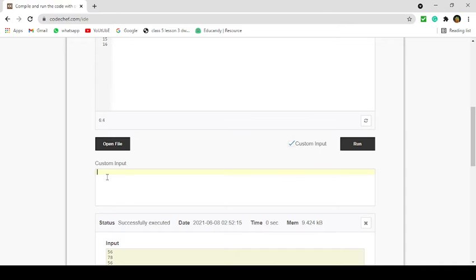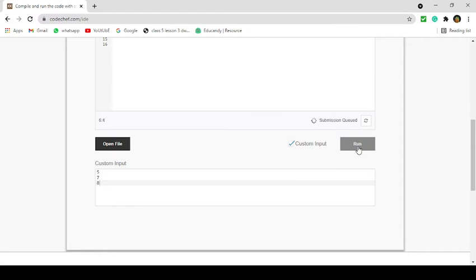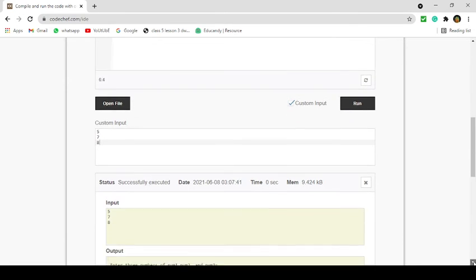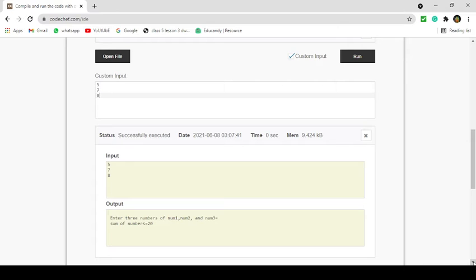For example, I am going to take 5, 7, 8. Now I am going to click on the run option for checking the output. After running, you will get the result: 5 plus 7 is 12, 12 plus 8 is 20.